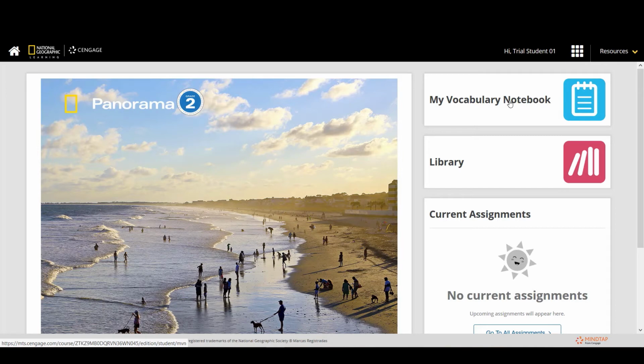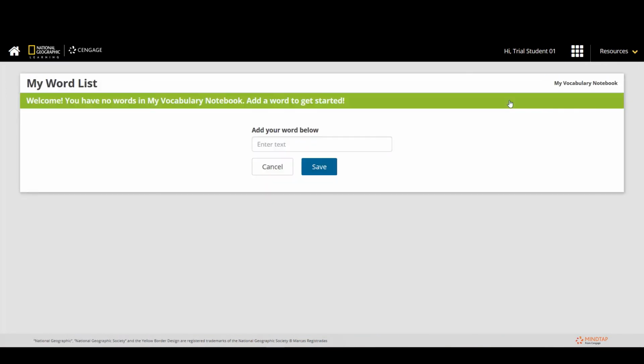Clicking on my vocabulary notebook allows me to enter a new word as a student, and I can review any words that I've already previously entered. As I've not entered any words into my vocabulary notebook yet, let's get started. If I enter a new word, for example, the word brilliant,